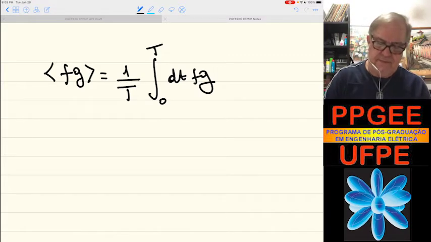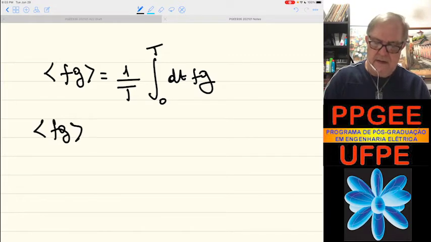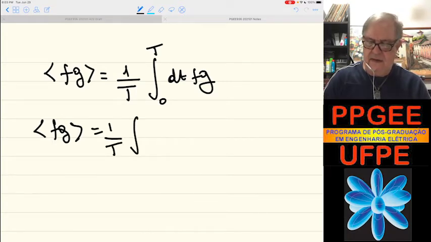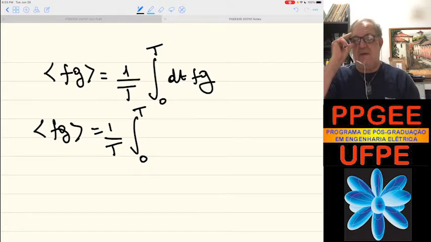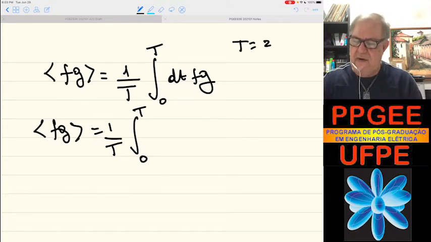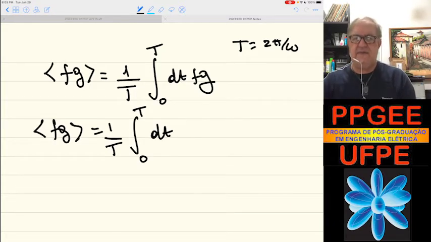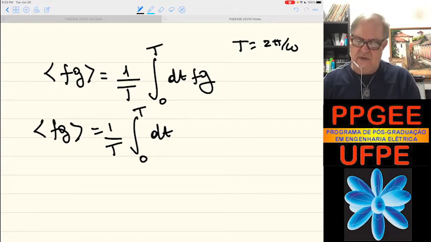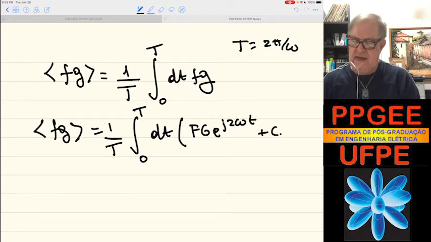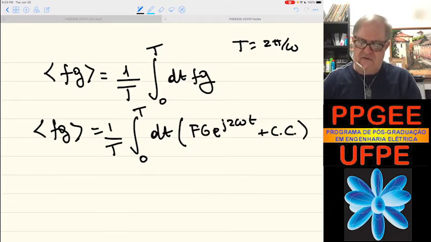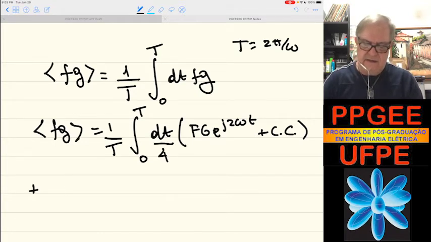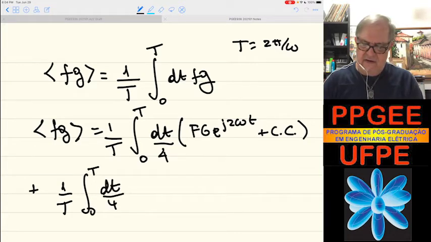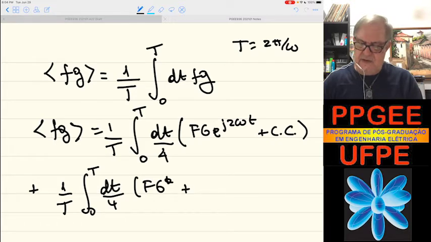So that's going to be 1 over T, integral from 0 to T. T is 1 period, so recall that T equals 2 pi over omega. So it's going to be dt. Then we have all those terms that I just showed you. You have fg exponential of j twice omega plus conjugate, right? You have a factor of 1/4, right? 1/4 plus 1 over T integral of dt over 4 fg conjugate plus the conjugate of that,